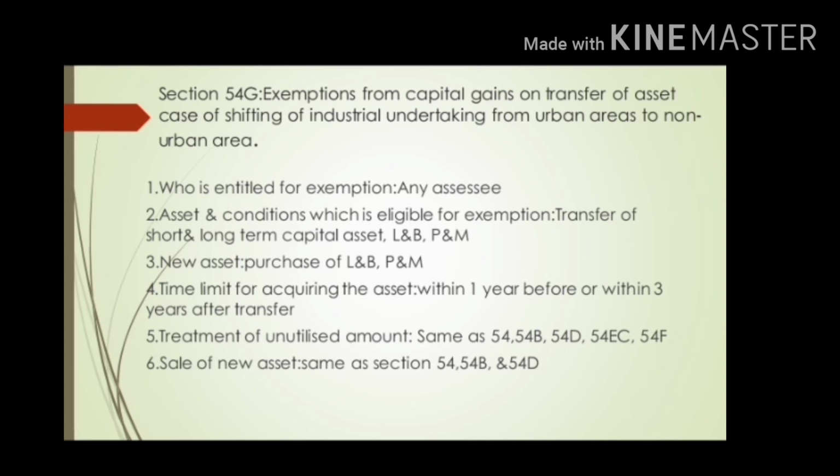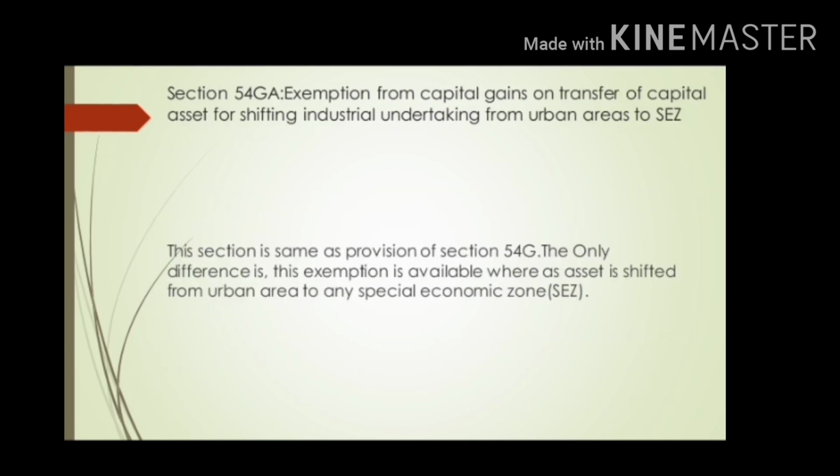sale of new asset is the same as for section 54, 54B and 54D, means if the new asset is transferred within a period of 3 years of its purchase, the exemption given earlier will be withdrawn and chargeable to tax as income of previous year. And the next section is section 54GA, exemption from capital gain on transfer of capital asset for shifting